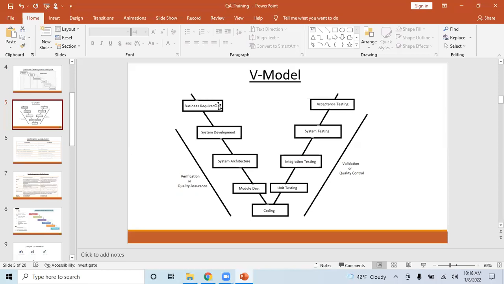Say a shopping cart is my requirement, right? Payment is one of the features in the shopping cart. One of the requirements is that it should have a payment method. It should accept different payment methods. Now, in the acceptance criteria, I will say, hey, add the payment. I should accept Visa, Master, Discover, American Express, right? That is my acceptance criteria.